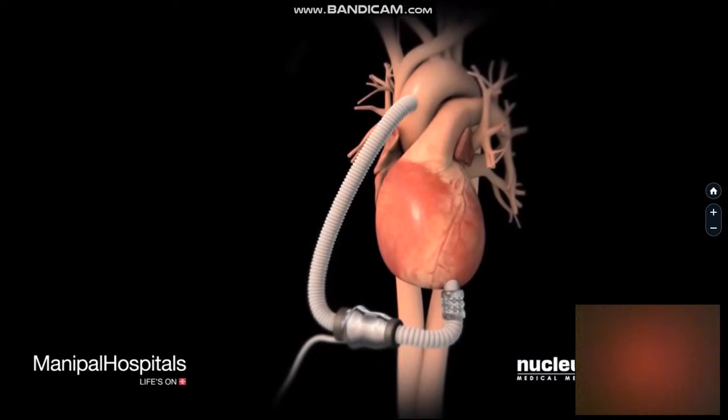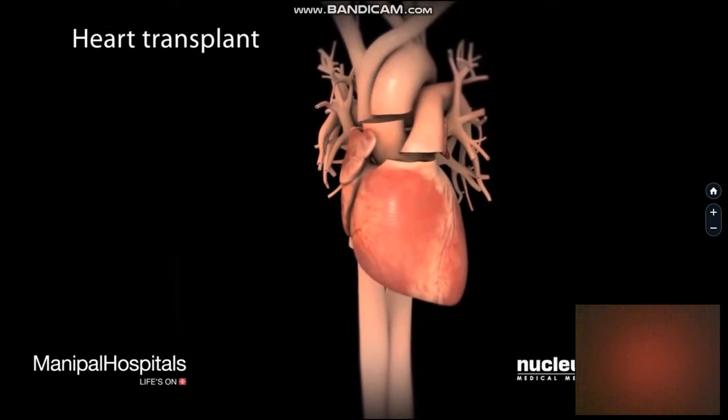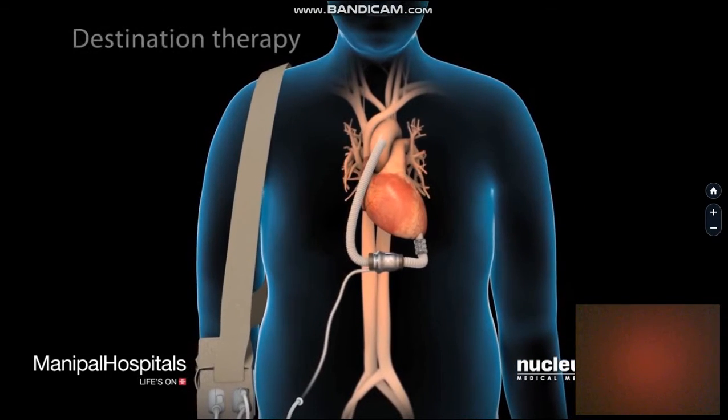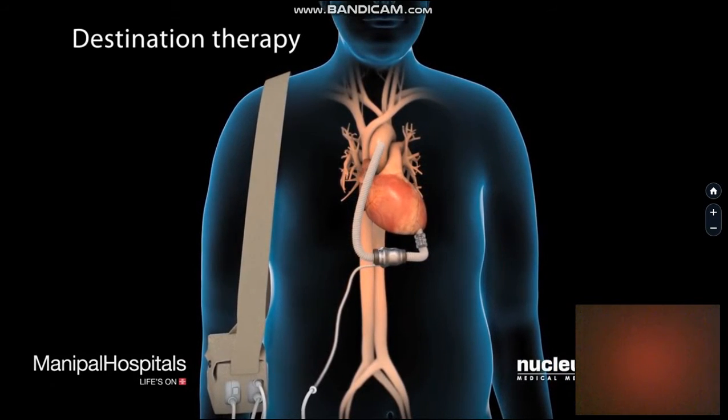The heart has 4 muscular pumping chambers: the right atrium, the left atrium, the right ventricle, and the left ventricle. The left ventricle pumps blood out through a large artery called the aorta to supply the